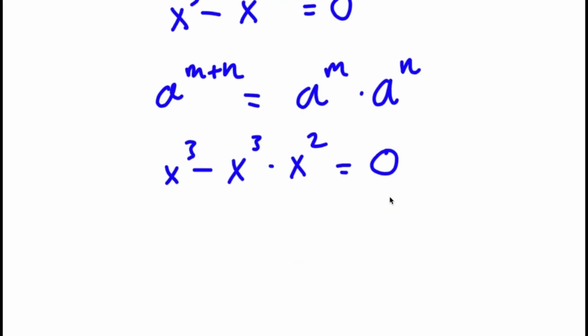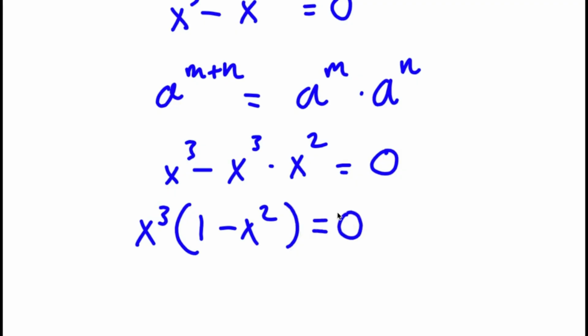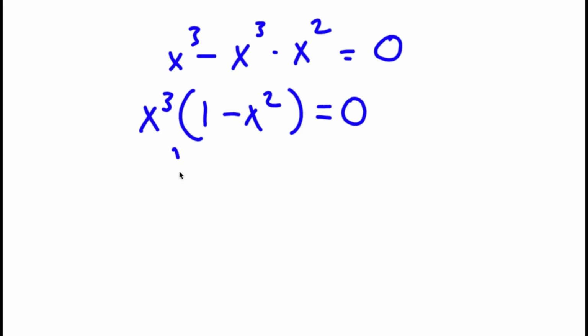So now, from here, notice how both of these terms have x to the power of 3 in them. So if I factor out x to the power of 3, I get x to the power of 3 times 1 minus x squared. And this is equal to 0. So now from here, this gives me two equations. I have x to the power of 3 is equal to 0, and I have 1 minus x squared is